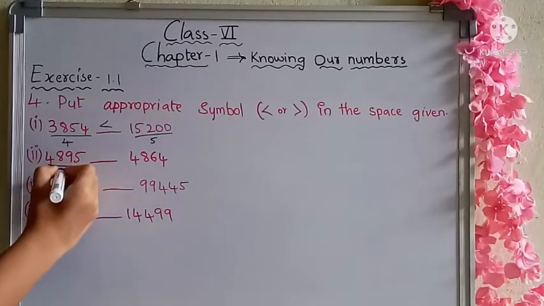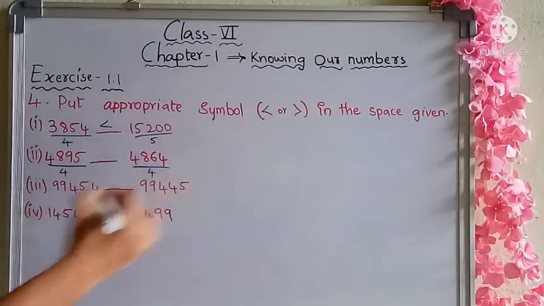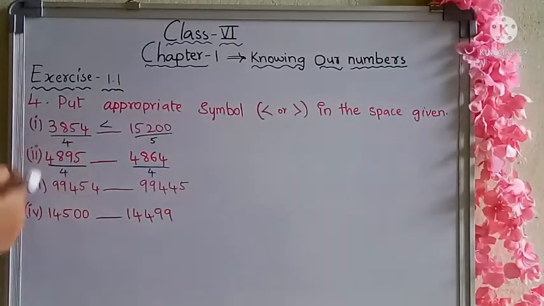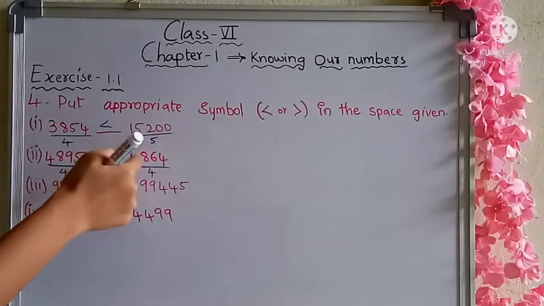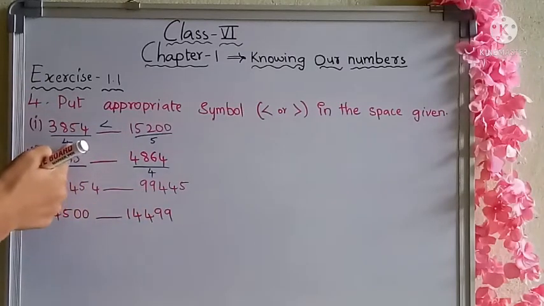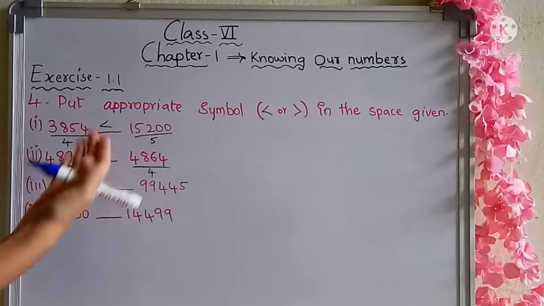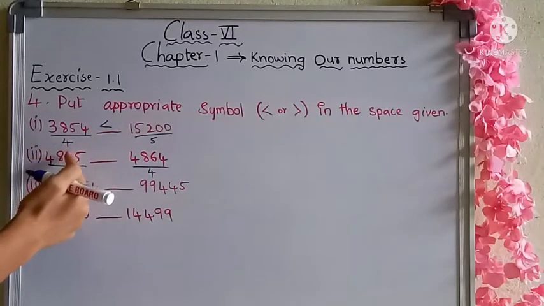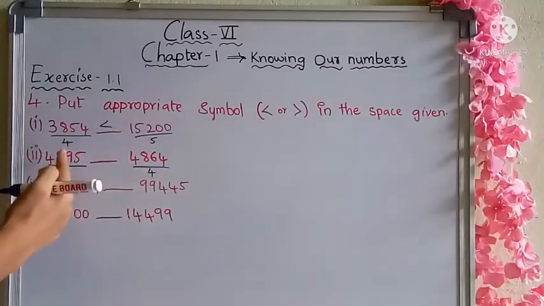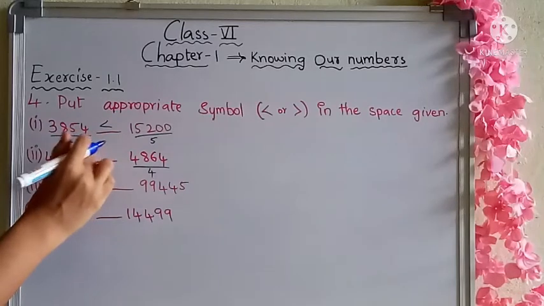And then coming to here, how many digits are there? Yes, 4 digits. And even in this also there are 4 digits. So now you have to come from the thousands place. In the thousands place you have 4 over here and even 4 here. We cannot say which is greater. So now coming to hundreds place, 8 here and 8 also here. We cannot say which is a greater one. And coming to tens place, 9 and 6. So 9 is a greater one. So we can say that 4,895 is greater.